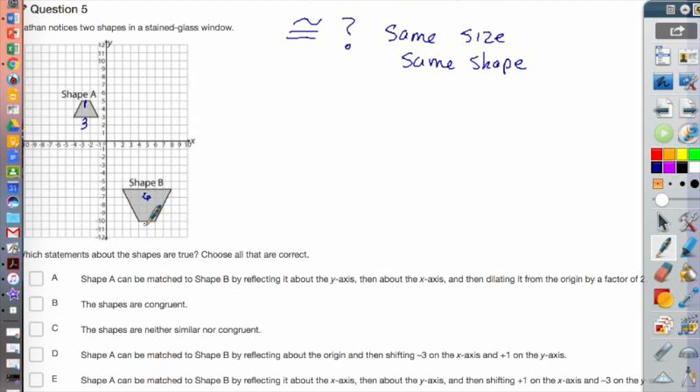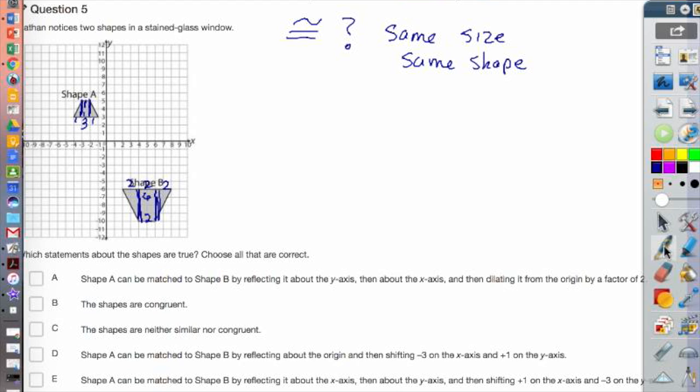And down here we can see it's from 4 to 6, so this is 2. If I was to draw this right triangle here, I would see that this is 1, 1, and 1. If I was to draw this here, I would notice that that's 2, 2, and 2. So we have the same